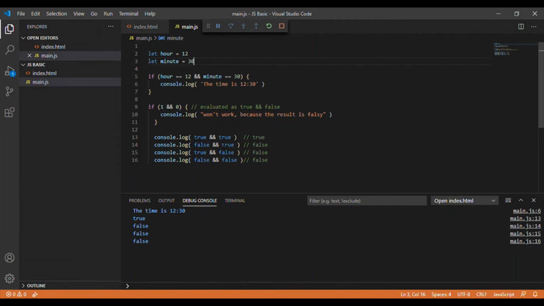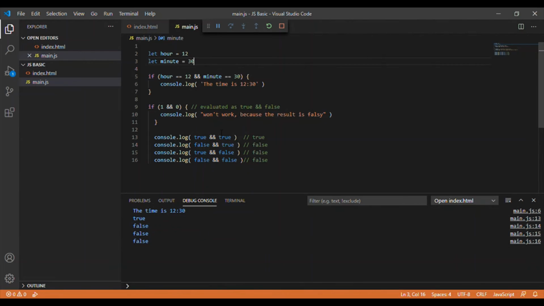if both the conditions are true, then and only then the value is printed as true. And if either or both of them are false, then the result is also false. This is also given in our debug console.